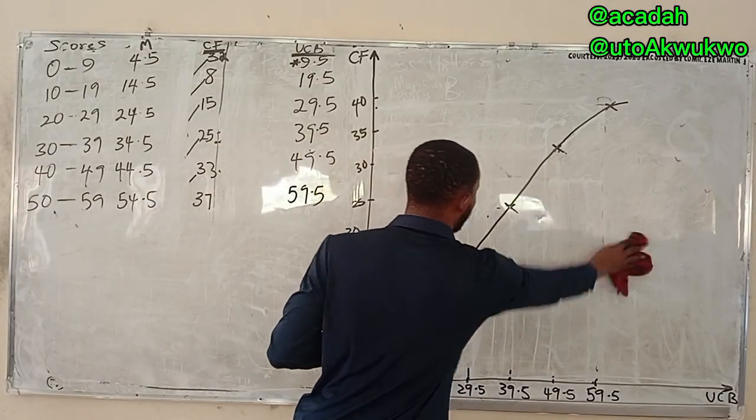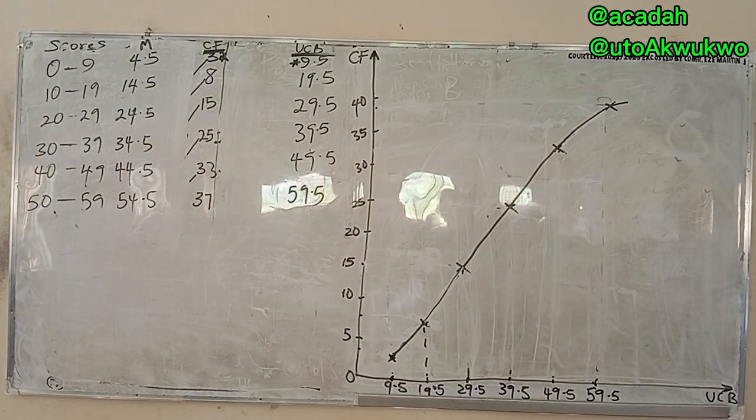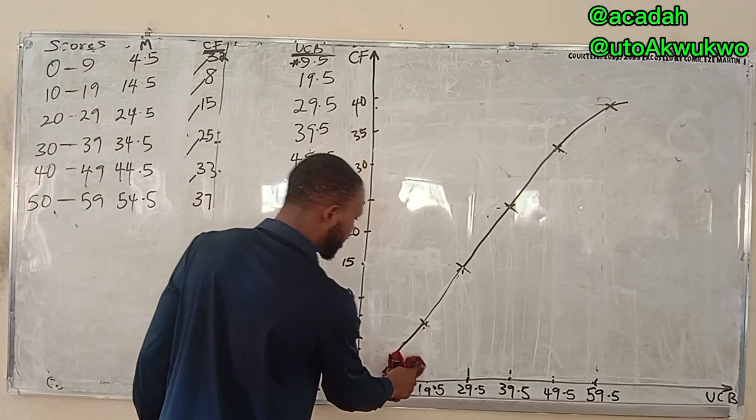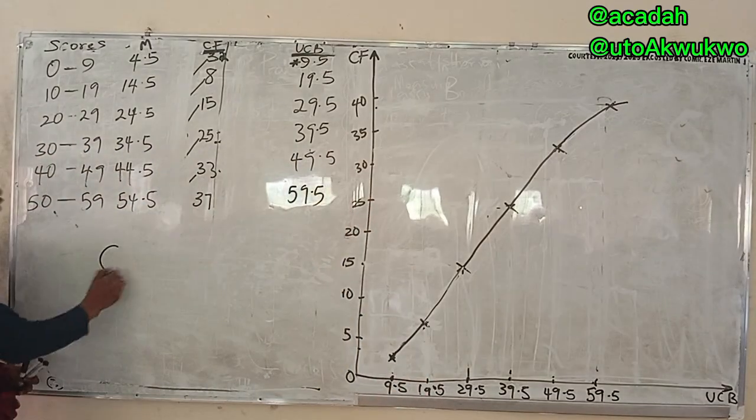So it's you that is doing the mental adjustment. If you do your own in a way that anybody that looks at it is seeing it to be just a straight line, what you constructed is a polygon. But this one is a curve. And this is what you are expected in most cases to do. This is what we call ogive. Some people call it ogive.